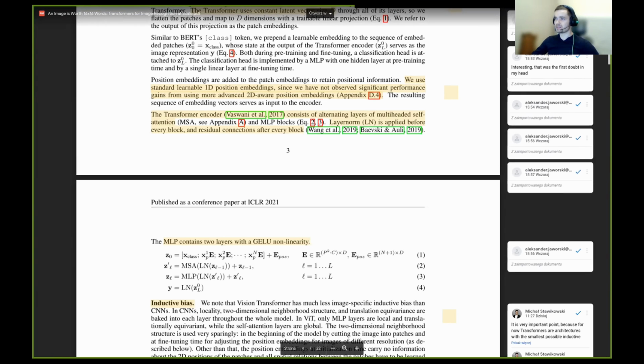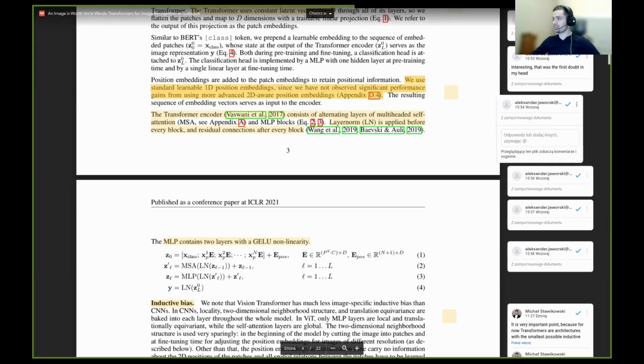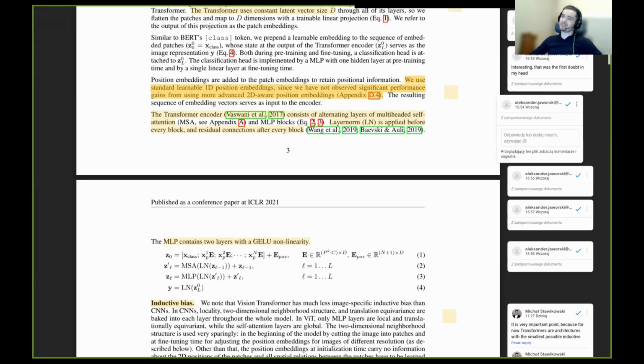Position embeddings are added to patch embeddings to retain positional information. We use standard learnable 1D position embeddings, since we have not observed significant performance gains from using more advanced 2D-aware position embeddings. And yeah, I highlighted it because that was the first doubt in my head. I was wondering, I know the priors and the inductive bias comments we had, but I was thinking, maybe, just maybe, you'd add something learnable and initialize it with some weights